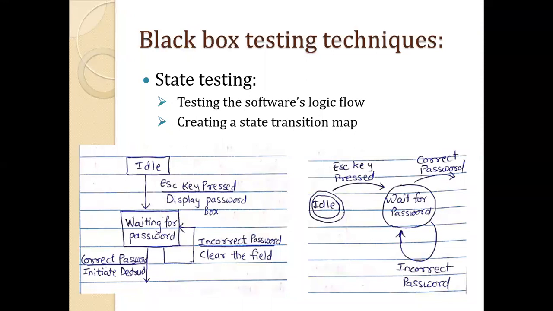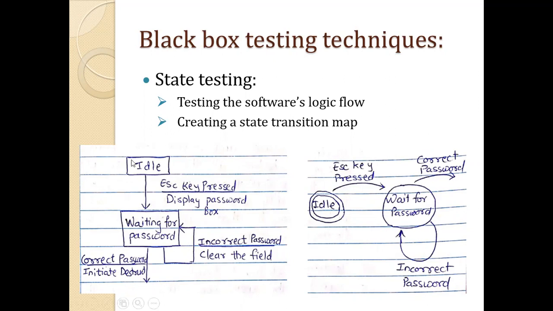There are several different diagramming techniques for state transition diagrams. One can use the boxes and arrows, others can use the bubbles and arrows. The state transition map should show, first, each unique state that the software can be in. Second, the input or condition that takes it from one state to the next one. And third, the conditions set and the output produced when a state is entered or exited.